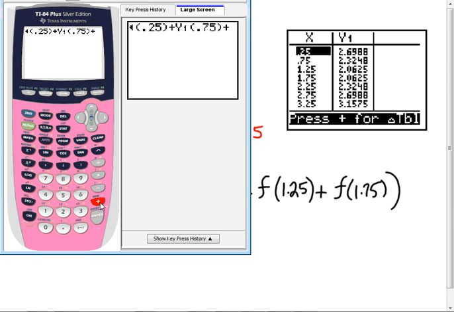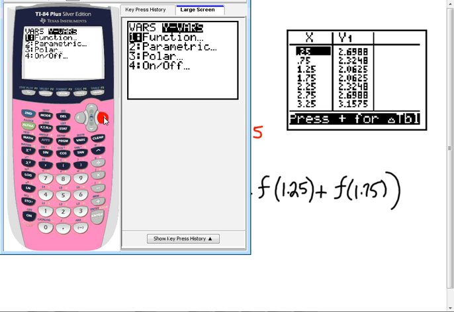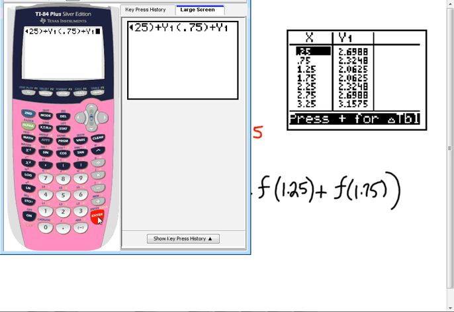Plus. And then I want to get y1. Since most of us are in this one, we'll do this one. And if I go too fast, you have to let me know. That's y1. You should eventually get to be very fast with this. What's this, Adam? What's this, 1.25? Plus,